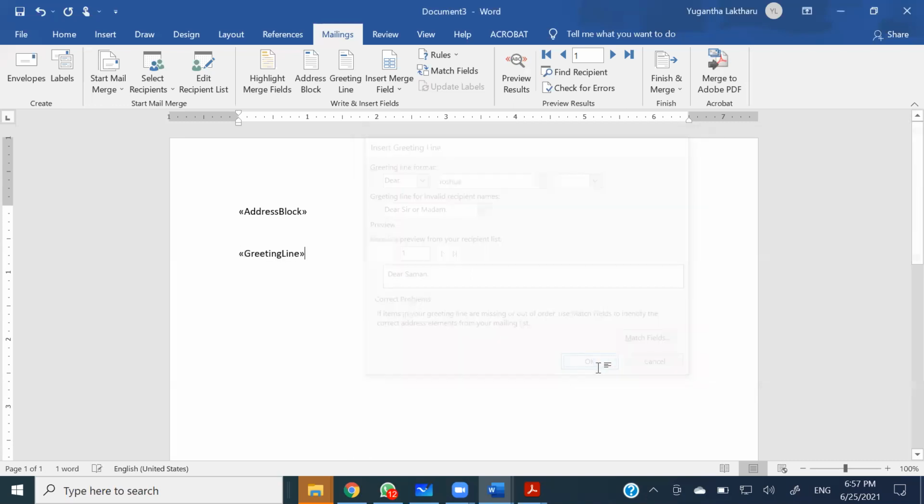So I can press OK. So the greeting line is there, right? And then I'm going to type the letter that I want, right? So I say regarding a parents meeting,